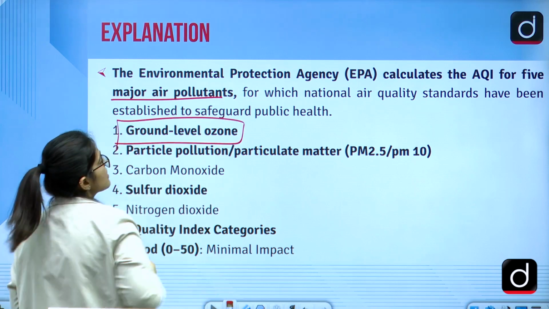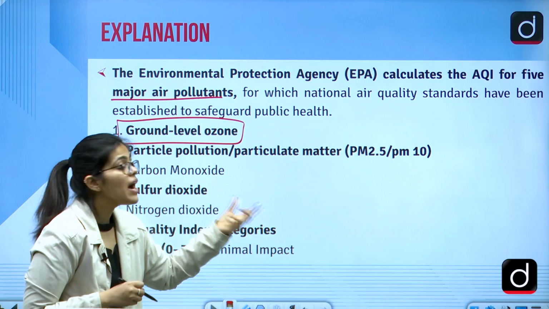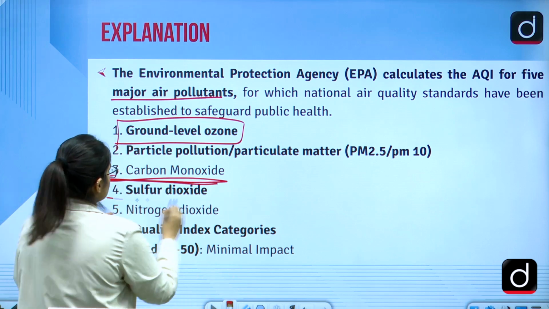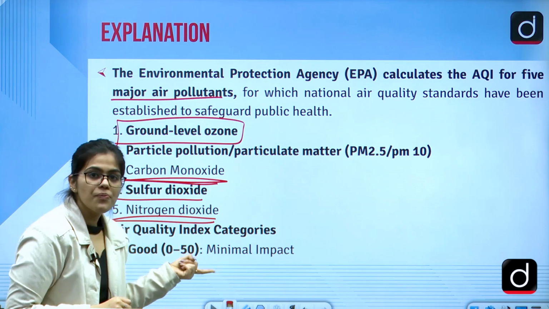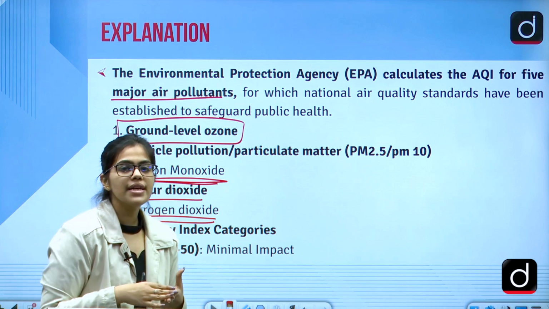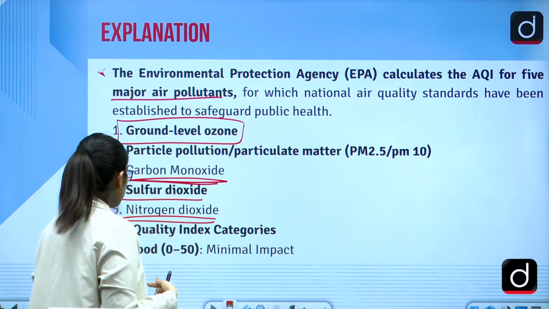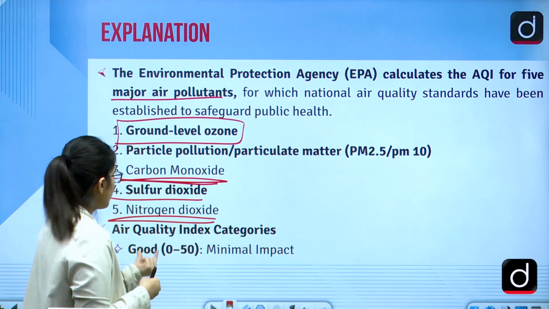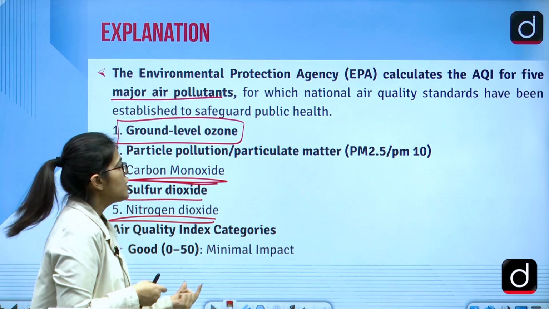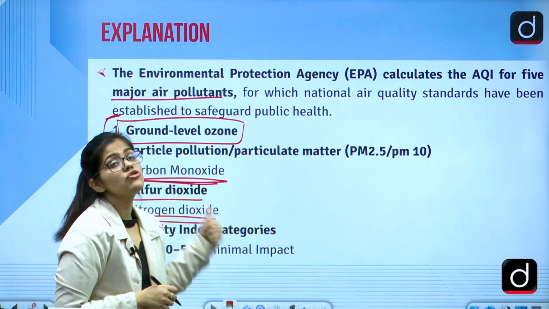We see that there is ground level ozone, there are particulate matters, and it can be PM 2.5 or PM 10, it can be carbon monoxide, sulfur dioxide, nitrogen dioxide also. These are a few substances which are included in this AQI index, and they can cause a lot of problems to humans breathing them. The air quality index, as I told you, will give you the description for it and the color associated, and the bar is also given. So basically these are the compounds and carbon dioxide is not included in it.